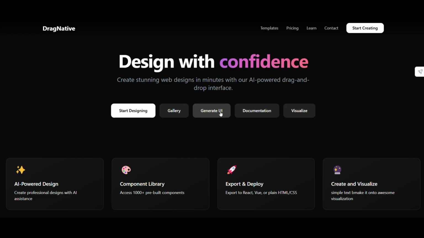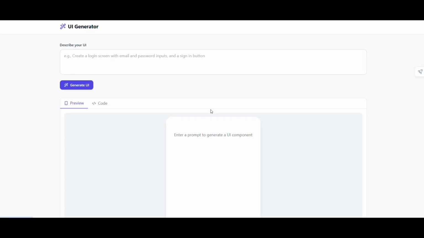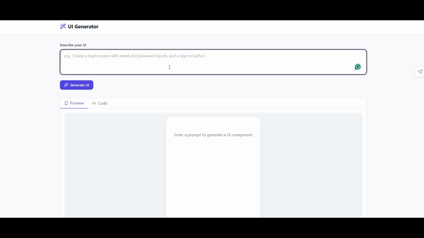Next is the Generate UI function. By clicking on the Generate UI button, it will redirect you to the UI generator page. You can type in any prompt or any web page or app you want to design. Suppose I want to design a website for food delivery. By clicking on the Generate UI button,